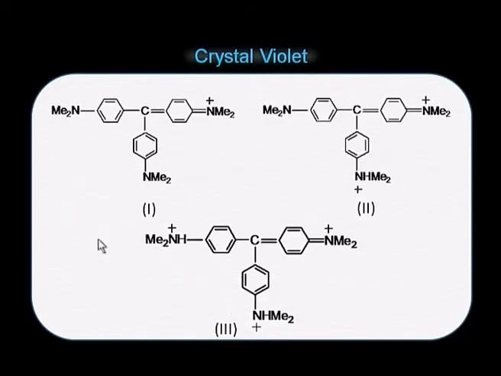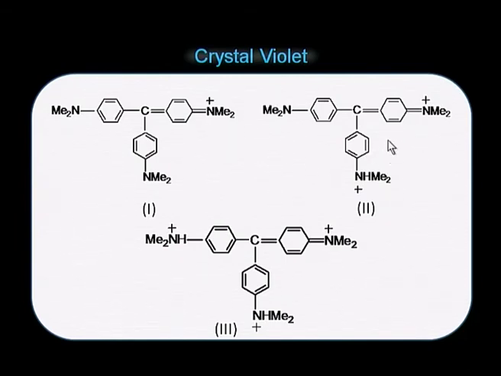This actually is very interesting. Here you can see these are the three charged forms of this crystal violet dye. Here this is a singly positively charged crystal violet, here it is doubly charged, and this one is the triply charged one. Now, if you look at the color of the three, the most highly colored molecule is the doubly charged crystal violet, and the reason is that most extended delocalization is possible in this molecule.